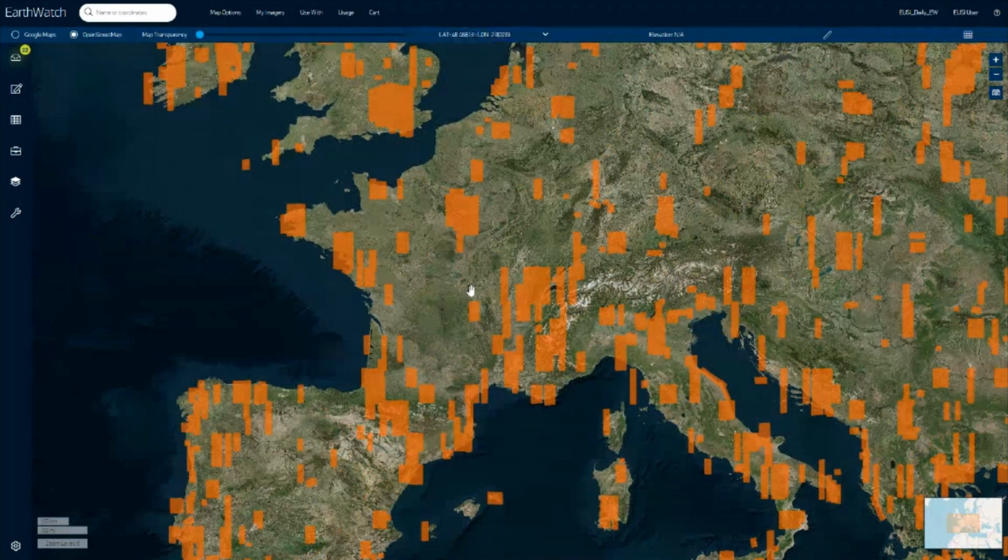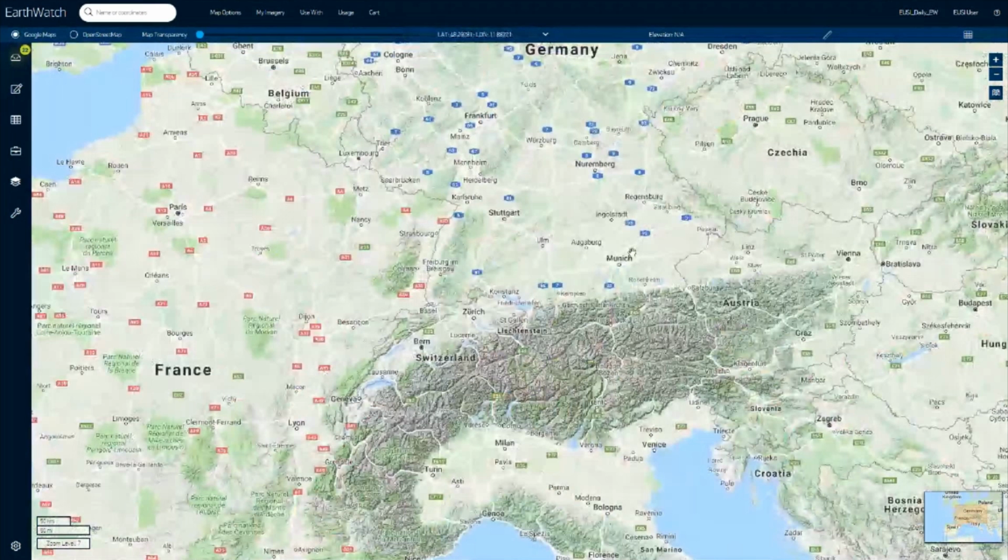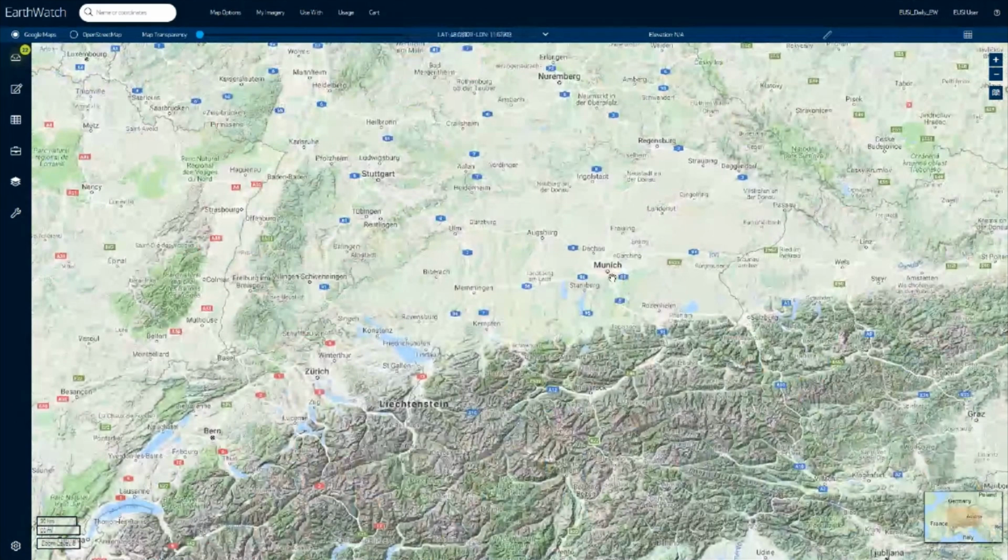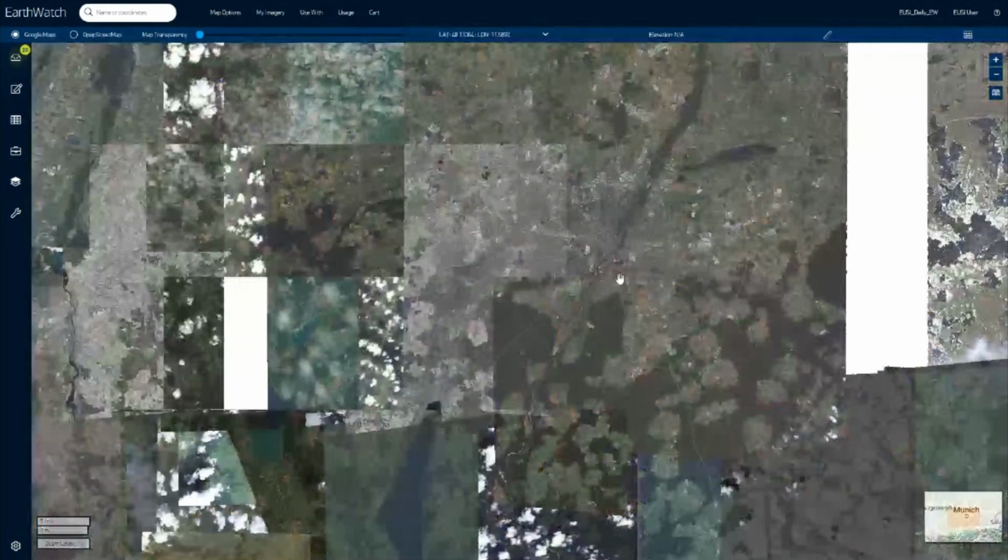So I will switch off the footprint and go back to Google Maps as a background layer. And I will zoom to Munich. So here we are, zoom level 11, as you can see here.